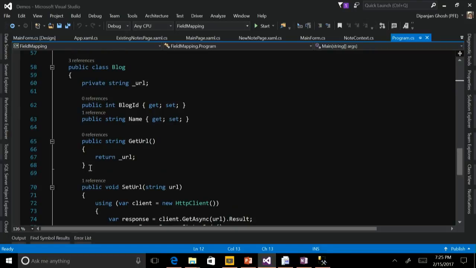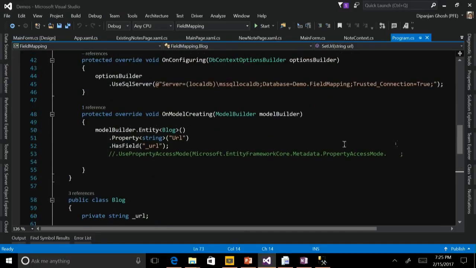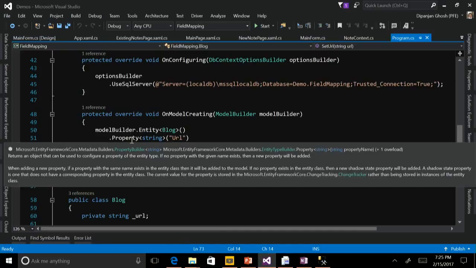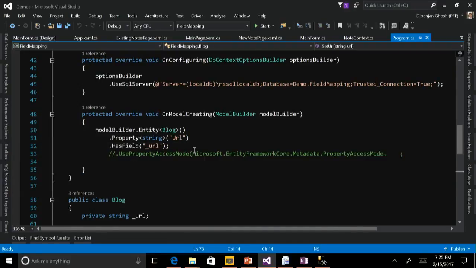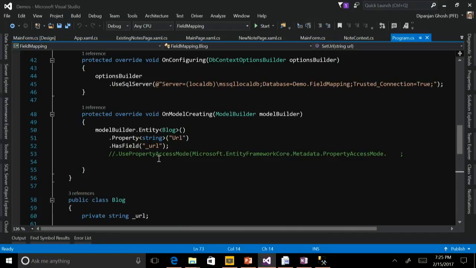However, if you run this in a normal EF scenario, the table which would form with the columns won't have the URL at all, because there is no property with getter and setter. Now, what you can do with Entity Framework Core is, again on model creating, you can say, well, I have a property which is conceptually a string and whose name is URL, but it doesn't have a property. It has something called HasField, and you can point it to the underscore URL,